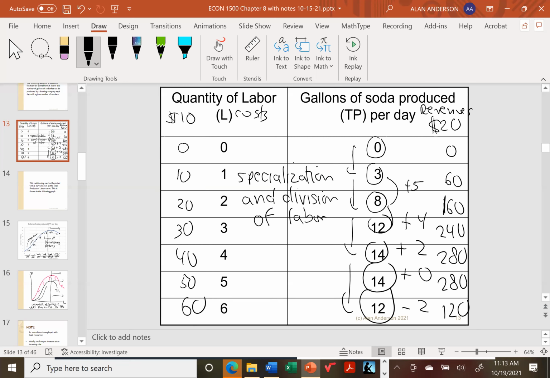And so it looks to me like this is the place we want to be, because here's where we're making $240 on this. Whereas if we jump up one more level, our profits go down to 230. Whereas at this level, our profits are only 210. So this is where we want to be. We'd hire 4 workers and we'd make a profit of $240. If that's what it costs to pay the workers, and that's how much we can sell the soda